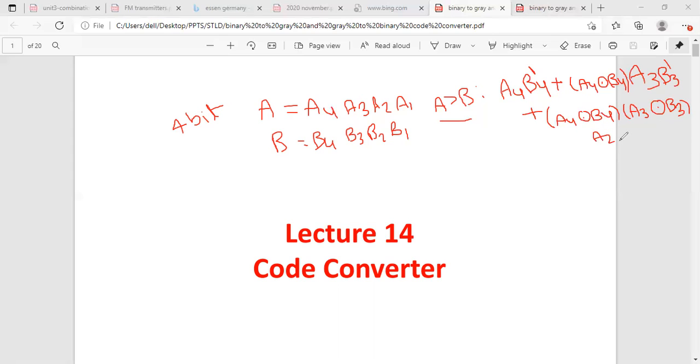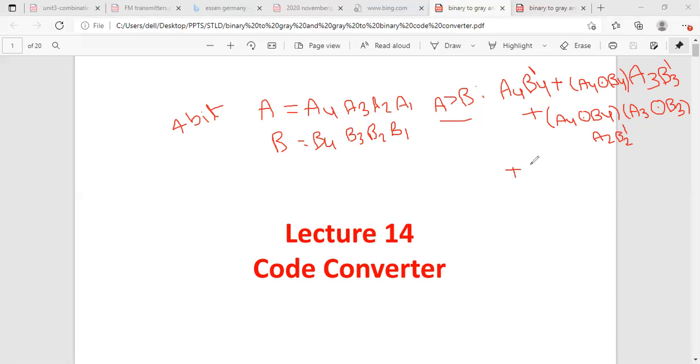You can say that is also the A greater than B condition. So if A4 and B4 are equal and A3 and B3 are equal, we check A2 and B2, and if A2 is 1 and B2 is 0, that is also the A greater than B condition.